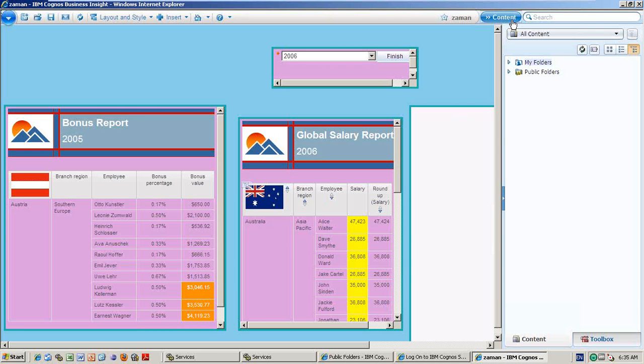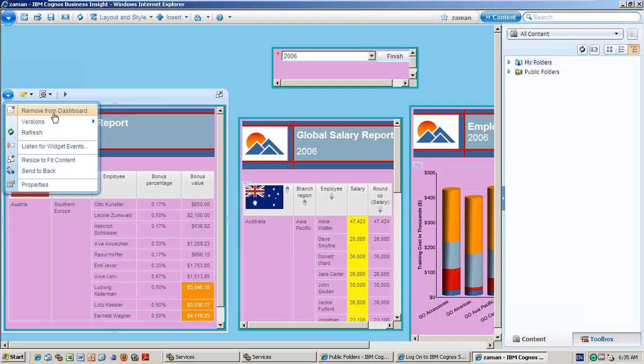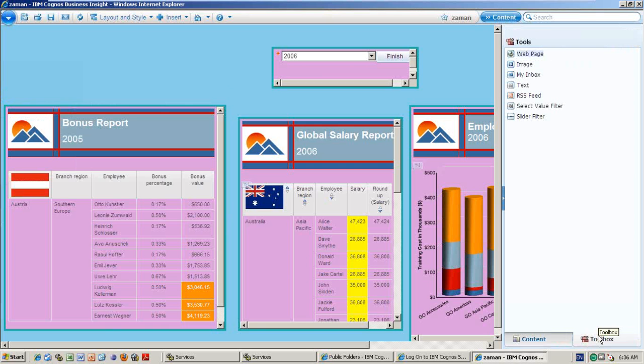Right. So yesterday we discussed in the business insight some of the concepts. I think we discussed all the concepts widget-wise in the content box, right? So each report is called one widget, and each widget has its own functionalities, and all the particular options we already discussed, right? So removing the dashboards, listing the widgets, reset, fit content, send to back, all these things were discussed. Now the final one is in the toolbox. It's a very important thing but very easy also.